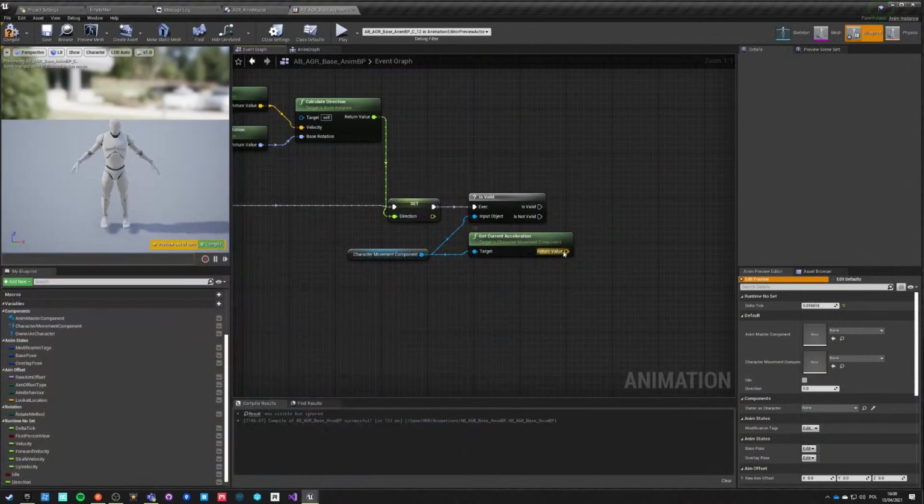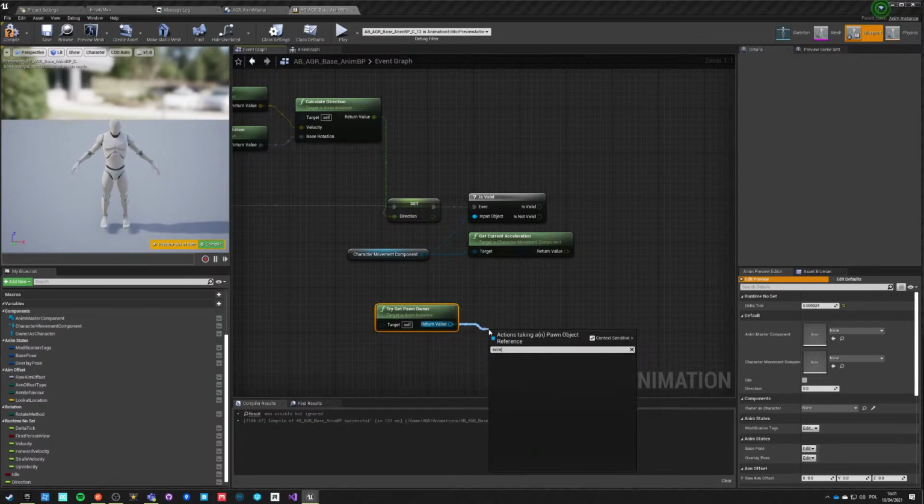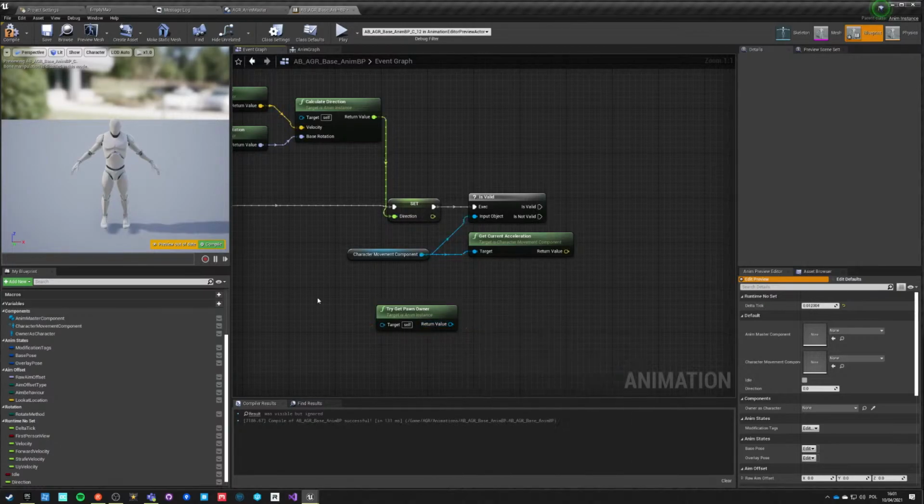Why we want this one is because we cannot read the input vector from the character itself, because it's only stored locally and it's being consumed by the character controller itself. But we can read acceleration, and acceleration is not the actual character acceleration. So try get pawn owner. We cannot read acceleration, which is a